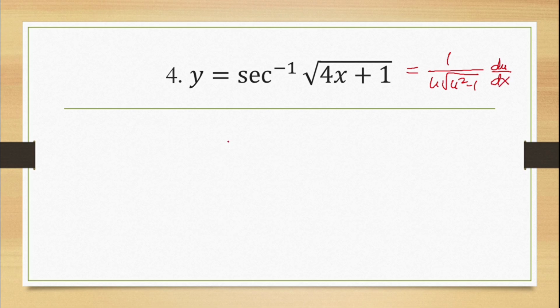So we're going to locate first our u. We could express this one as 4x plus 1 raised to 1 half. Therefore du over dx is 1 half times 4x plus 1 raised to negative 1 half times the derivative of this part,